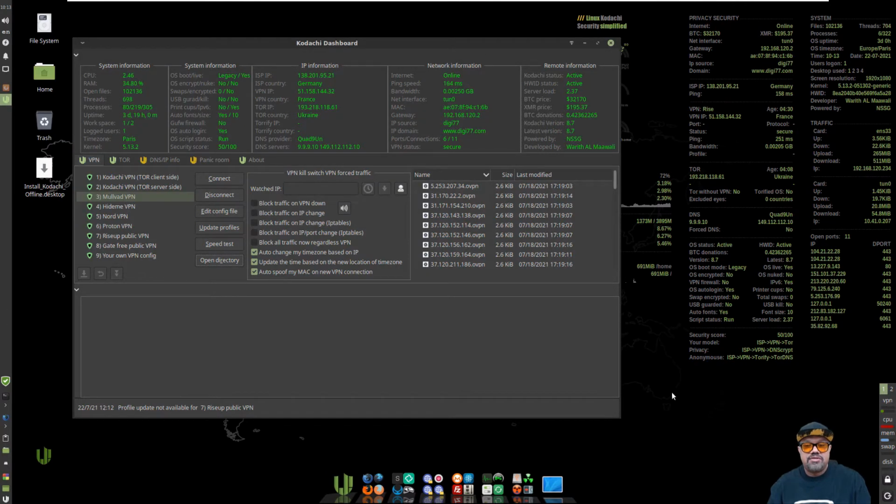Now, yes, I know you won't get the Kodachi dashboard in any other operating system in the world. I'm 100% positive, because I developed this on my own, and I'm pretty sure it's not there in any of the operating systems in the world, whether it's Security OS or whatever it is. This is only available in Kodachi, and this is what makes Kodachi unique, because the dashboard has features which you don't find in any other operating system, and it would take you ages to learn the commands and how to do them. So what I did is I took all this experience and built this dashboard for you,